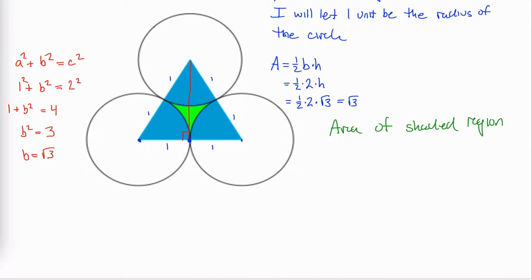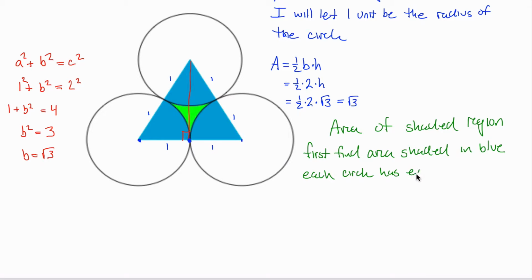So let's see, let's first find the area shaded in blue. Well, it looks like I have, if this is an equilateral triangle, that means that this is 60 degrees. So I have 60 degrees worth of the circle here, and another 60 degrees worth of the circle here, and another 60 degrees worth of the circle here. Each circle